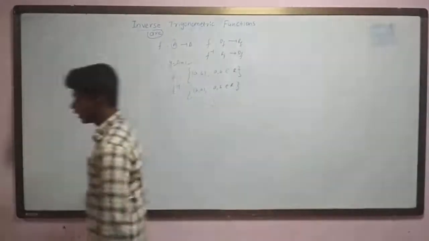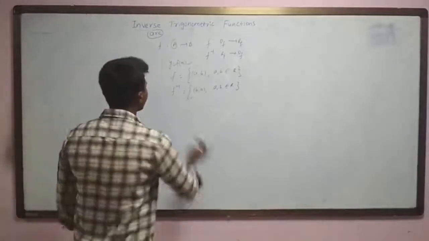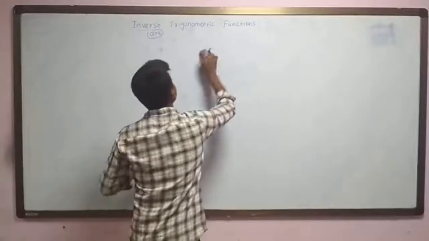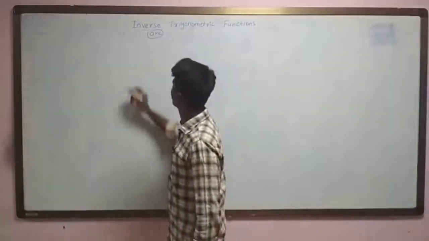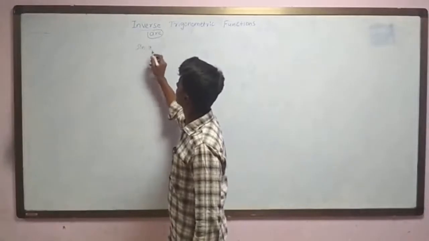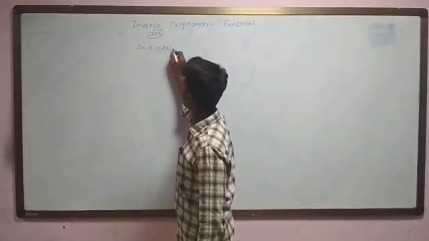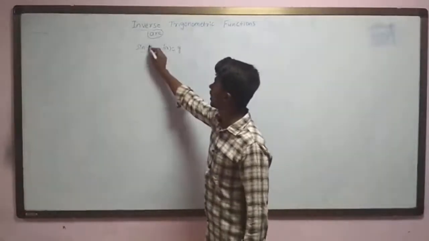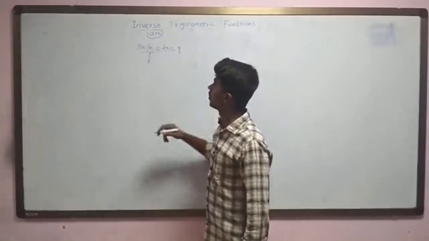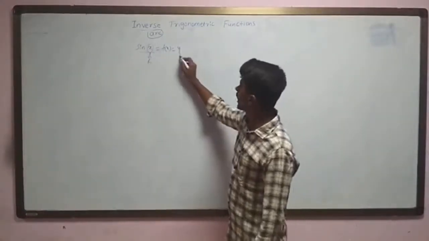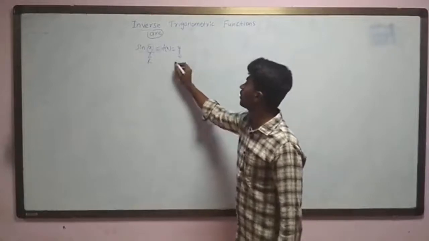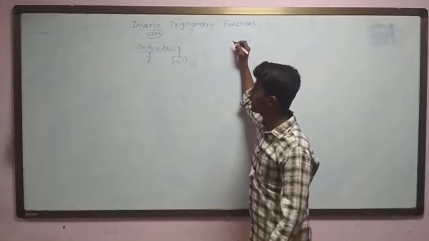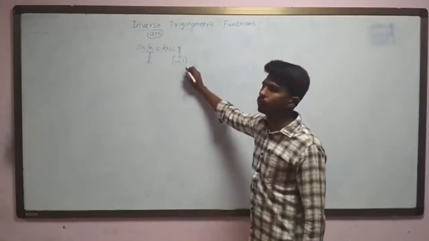If I consider a trigonometric function, the sine function, sin x, we can call it f of x, or we can consider it as y. So we have sin x as a function whose domain, the values of x, belongs to real numbers, and whose range, the values of y, is -1 to 1. For all real numbers, sin x is defined, and we get the answers as -1 to 1.